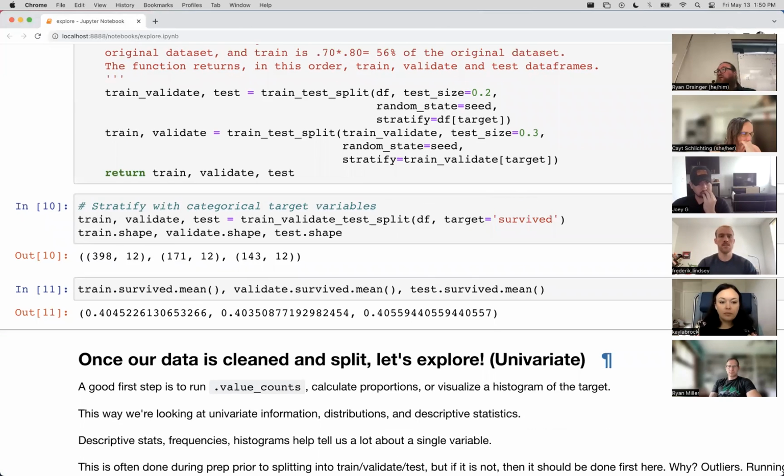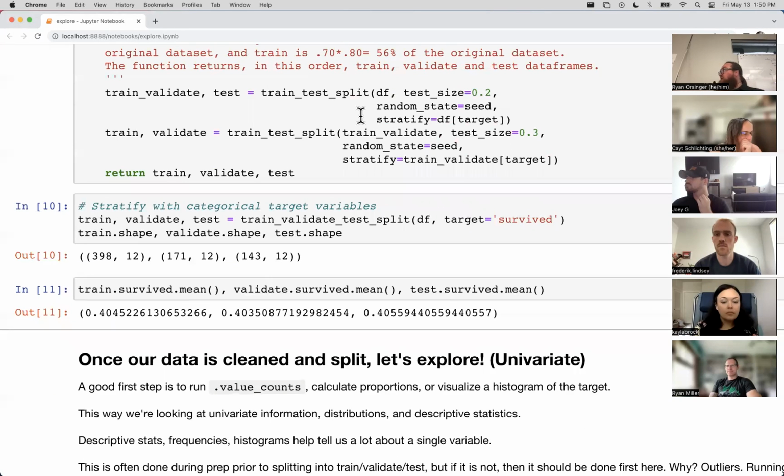About 40% all around. That's what stratification is doing. It's making sure that we don't have unintentional randomness, because there's totally randomness in train test split. It's shuffling and randomizing and then plucking out these values, specifically so we don't see signal in the noise. But stratification is saying, keep it balanced.